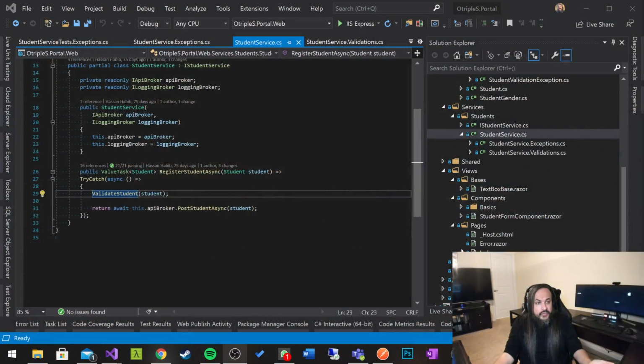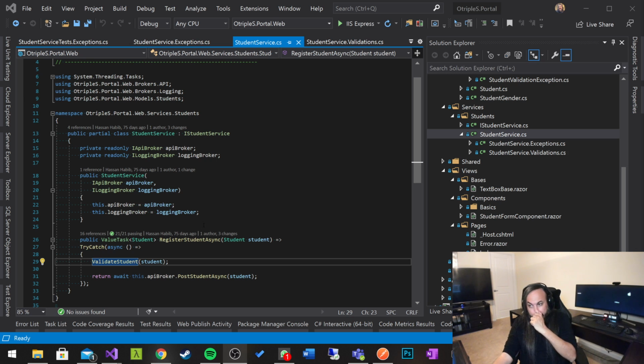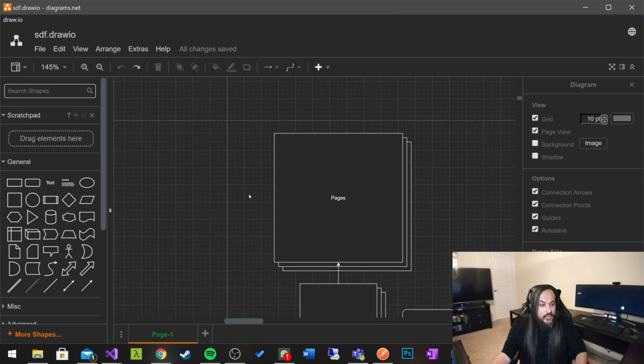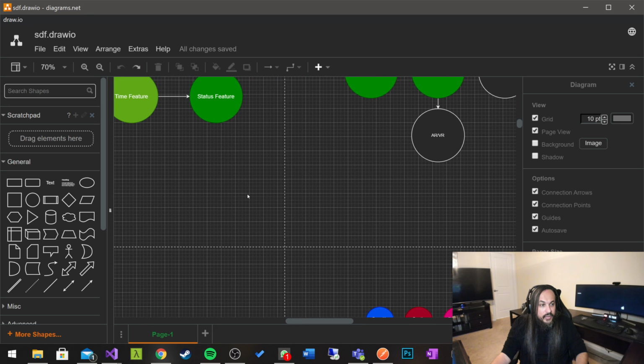So if we consider our service here, our student service, to be an object, then we have to handle all the aspects of the operations that this object performs. All the operations that this object performs. And with that, that makes me very proud to say that this model in here,